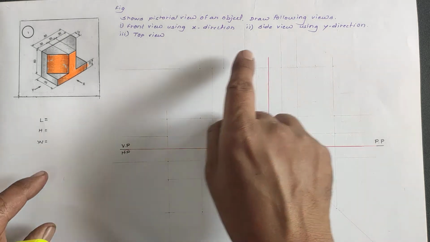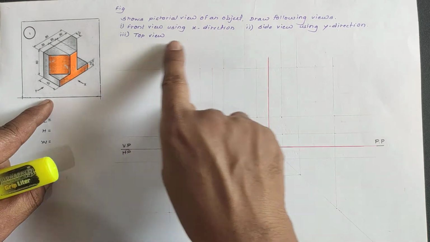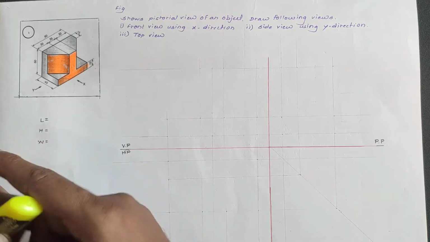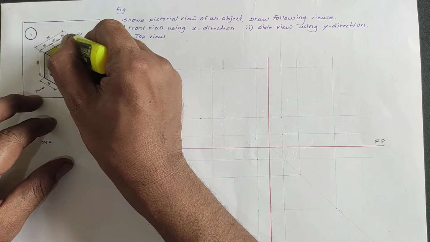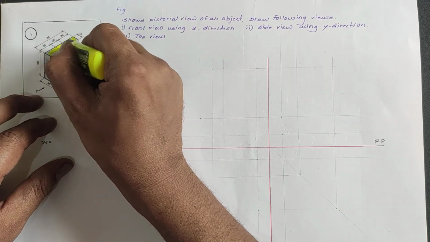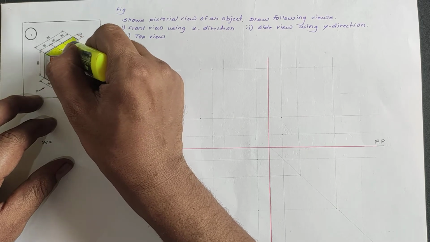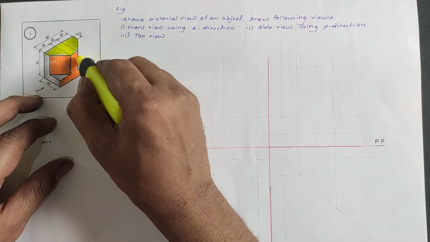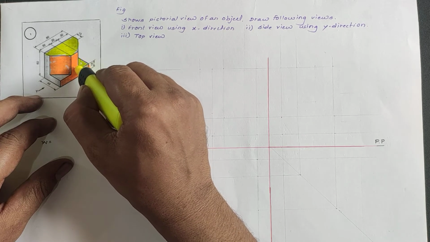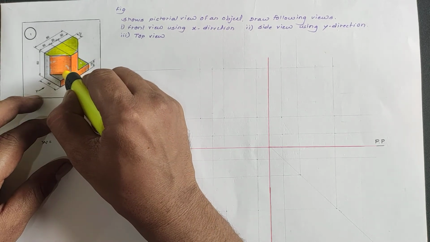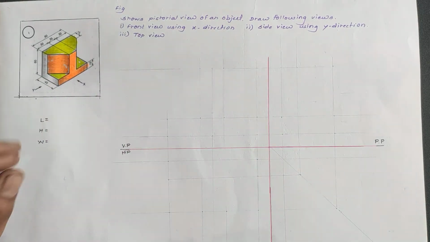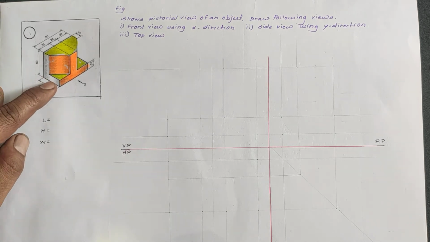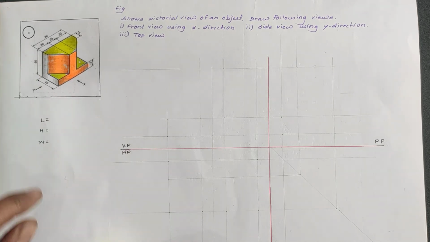Similarly, for the top view we can see the top portion, so we can highlight that part also. In top view we can see this portion, so this triangular part of the object for both the sides is visible. And side view in y direction we can see this L shape also, that is a common inclined shape.